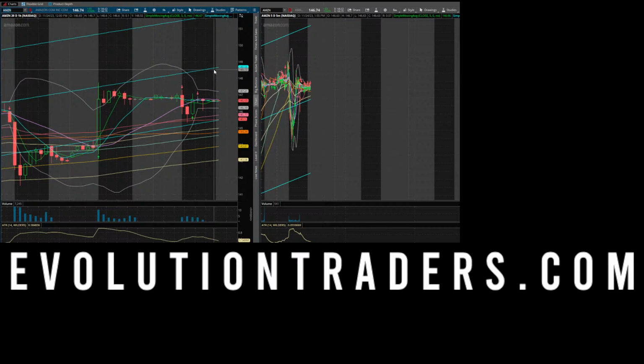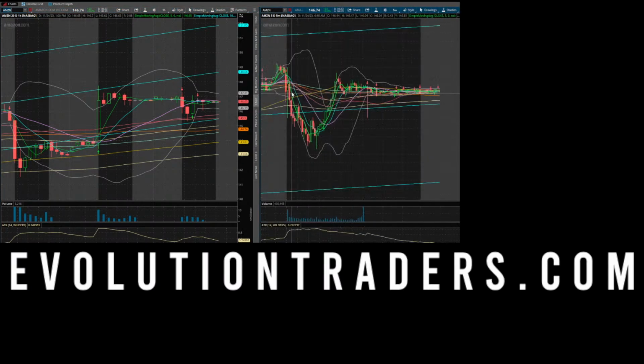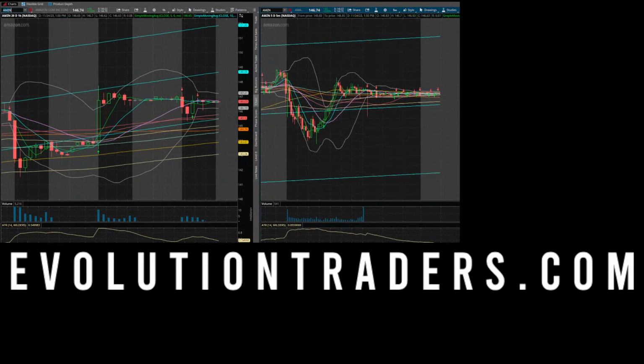So there's a dollar of room here, right? So anytime you're looking at that and you've got a dollar potential, right? Amazon's a $150 stock, give or take, right? It's not going to move like NVIDIA. It's not going to move like Tesla. It's not going to move $3, $4, $5, $6, you know, in the blink of an eye. It's going to take a little bit of time. It's going to move up 50 cents, 80 cents, a dollar, back down. So again, if you can see potential in this trade here over 147.30s,